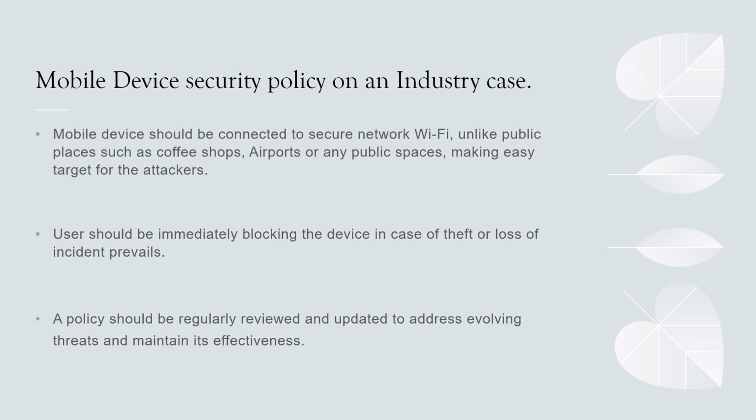Users should immediately block the device if they lose access. For example, with Apple, you can block or disable the features. If your device has been stolen, you can erase it from the cloud, and that way, if the device falls into the wrong hands, they won't be able to do much damage